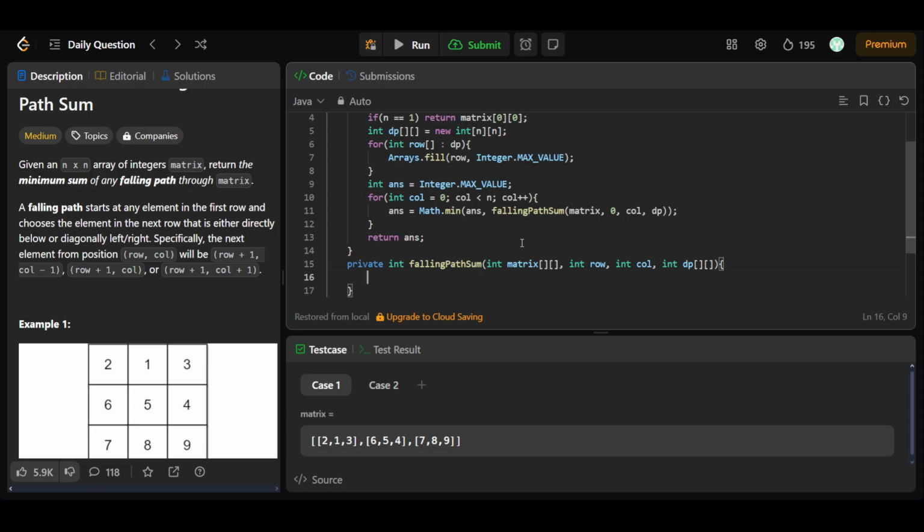And now let's first check that, and okay, let's pass n also because otherwise we'll have to calculate that again and again, comma and n. Okay, so we'll be checking that if we are on the last row, that is if our row is equal to n minus 1, that means we are on the last row. Then what we have to do, we have to return